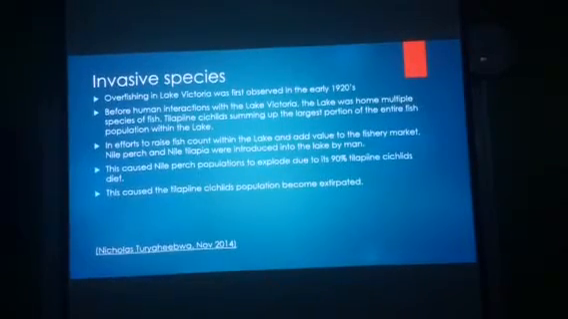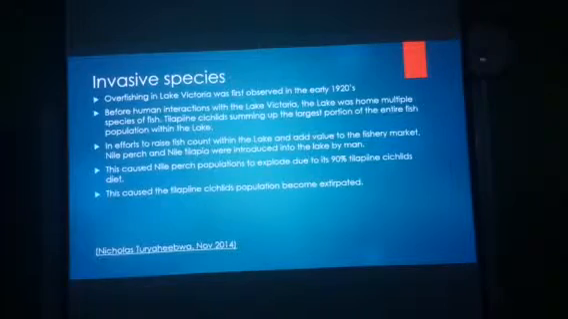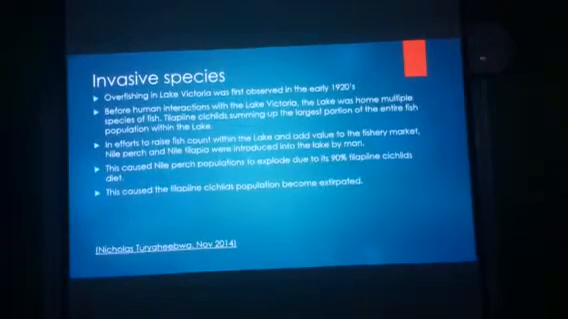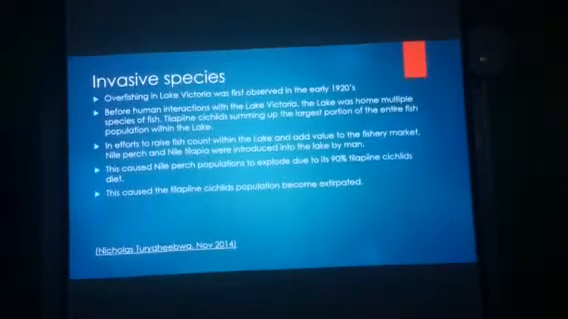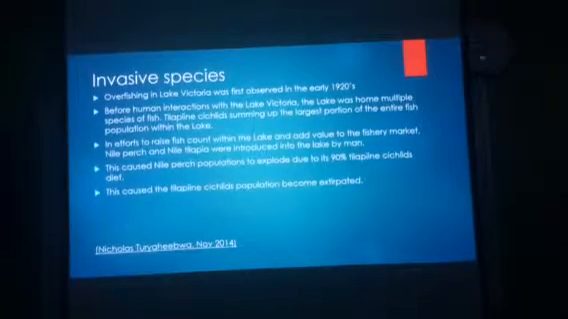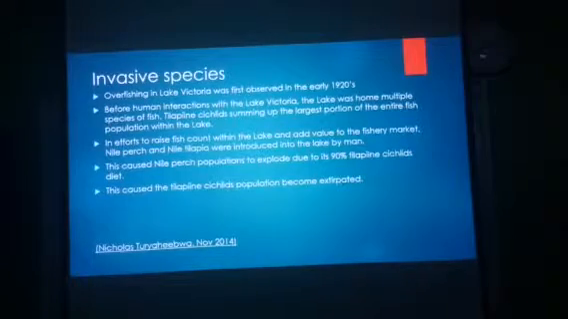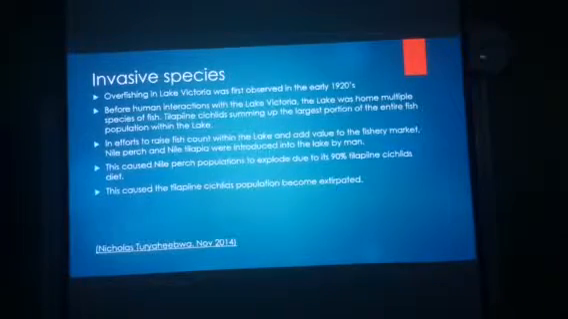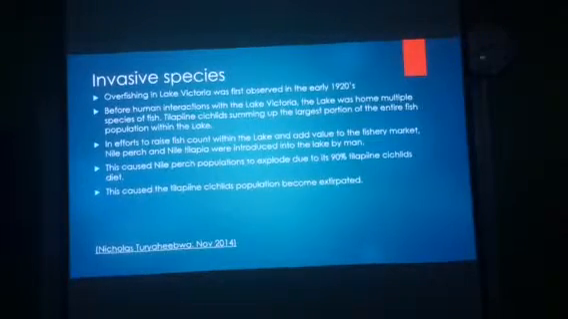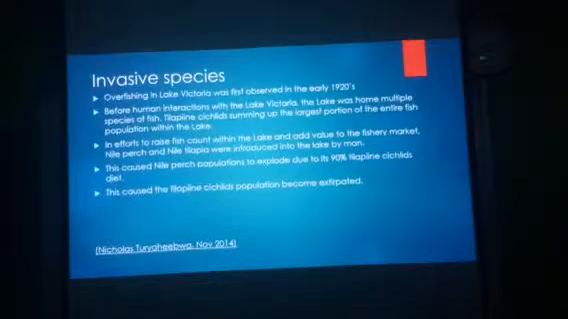Invasive species. Overfishing in Lake Victoria was first observed in the early 1920s. Before human interactions, the lake was home to multiple species of fish, tilapiine cichlids summing up the largest portion of the entire fish population within the lake. In efforts to raise fish count,